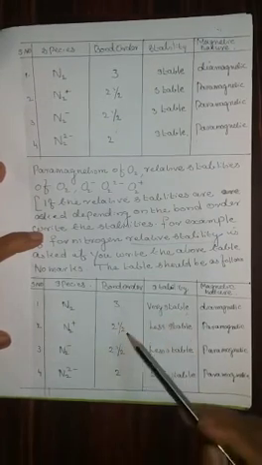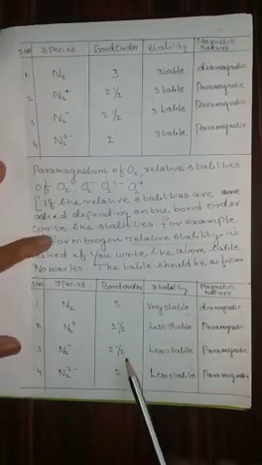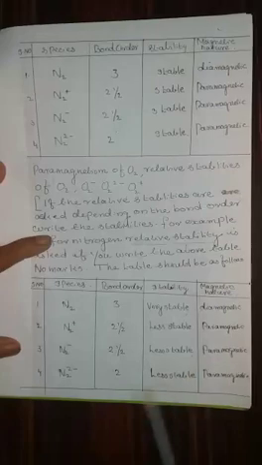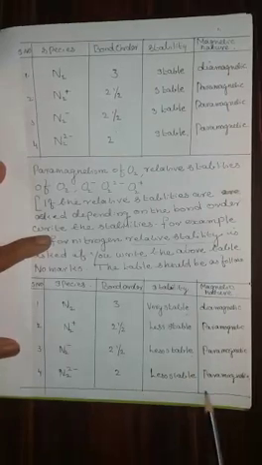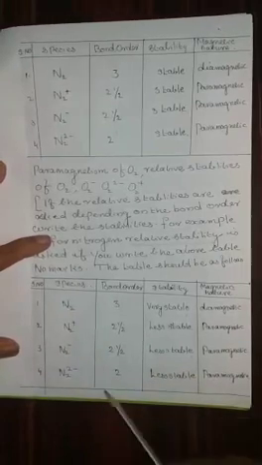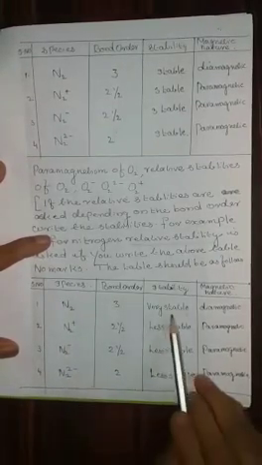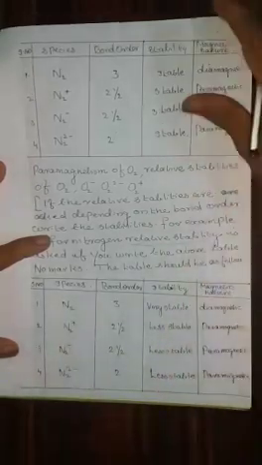Below that, in decreasing order, 2.5 is less stable. Same, 2.5 less stable. And 2 is the least stable. That means of all the four molecules, the least stable is N2 2 minus and the most stable is N2. That is the meaning. Now let us do oxygen.